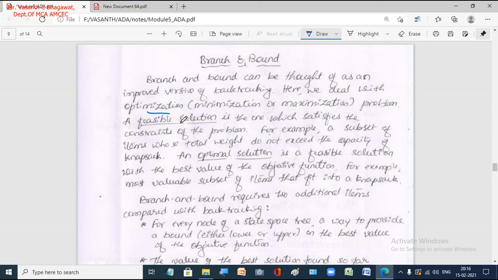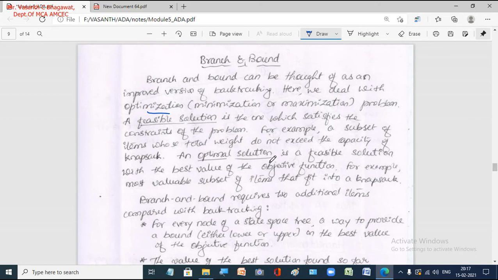In any optimization problem we have two types of solutions. One is a feasible solution. A feasible solution is one which satisfies the constraints of the problem. Say, for example, you have a travelling salesman problem. When you want to find the route of a salesman, he has to visit all the cities exactly once, and he has to come back, right? The constraint here is that he has to visit all the cities exactly once, and come back to the city from which he started. We call that a feasible solution because it satisfies the constraint.